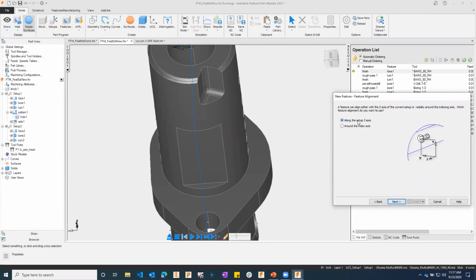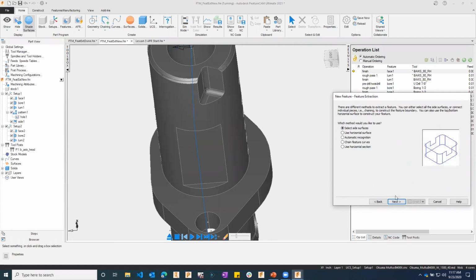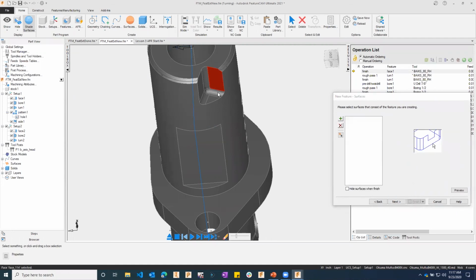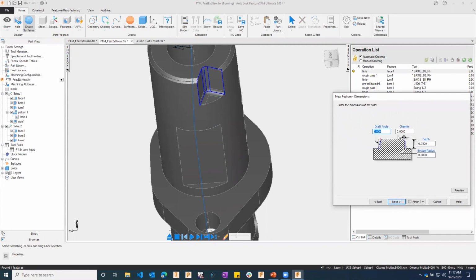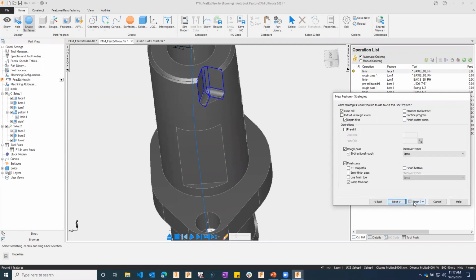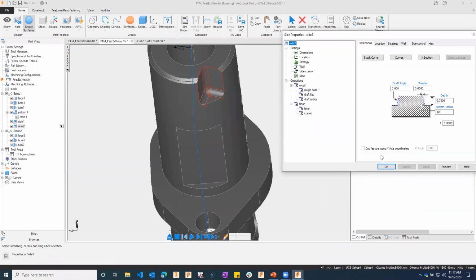And this is along the z-axis. I'm going to just select some sides. So I'm just going to pick these surfaces, add them, go to next, and it automatically pulled in my depth. And I do want to give this the radius at the bottom of that pocket, which is an 1/8 inch, and we'll finish that. So there are all the toolpaths created to rough and mill that pocket with the radius